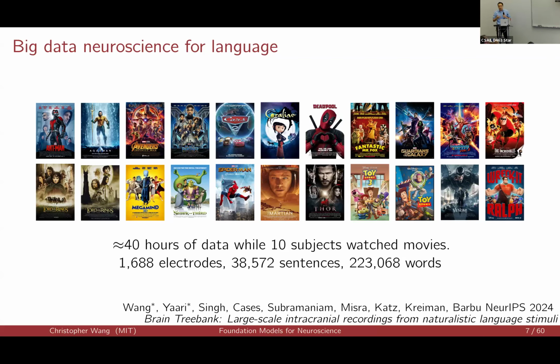And the idea is we're going to trade off control of the stimuli for volume of data. And then with enough data volume, we can go back and retrospectively subset it and answer any question we want. We like this because it, in a way, democratizes the neuroscience of language. This recording setup is very scarce and not a lot of groups have access to it. But if we can collect enough data up front, then other groups can use this data to do their own retrospective language studies. To make this possible, we need to extensively annotate the data.